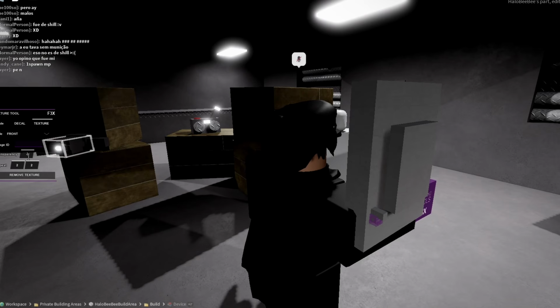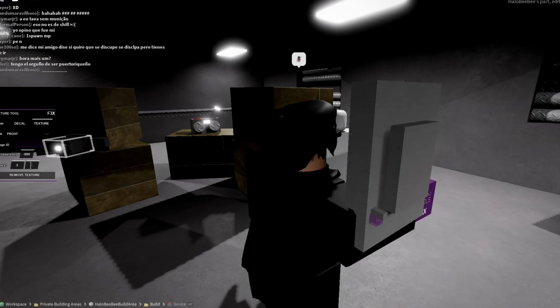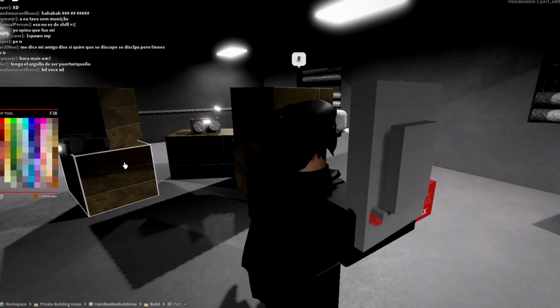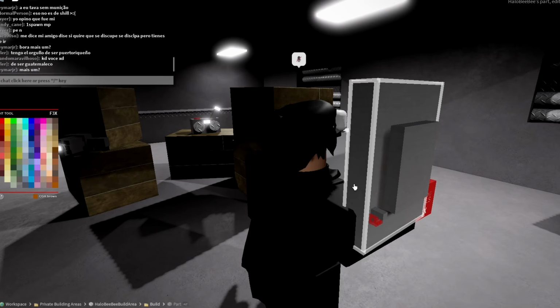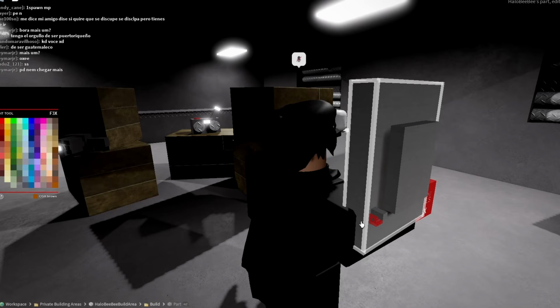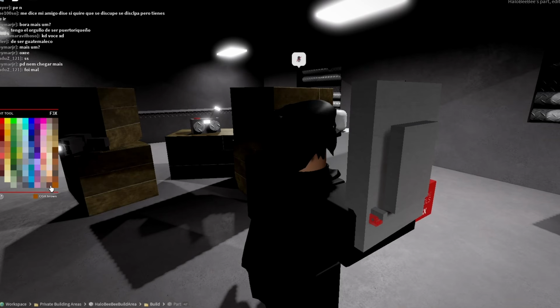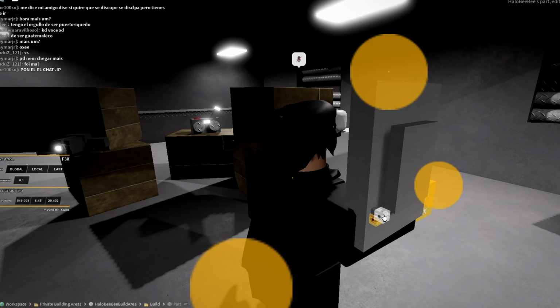So set transparency to -500. This is receiver 3, and you don't have to change the speed, but I'm just gonna do it just in case. Receiver 3 is gonna contact receiver 4, which will be attached to the light, and when receiver 3 messages receiver 4, the light will turn off. Also, receivers 3 and 4 have to be the same color. So we're gonna make this receiver 3 CGA brown.